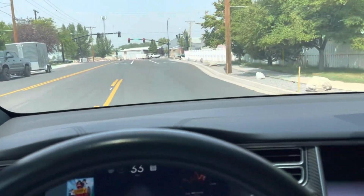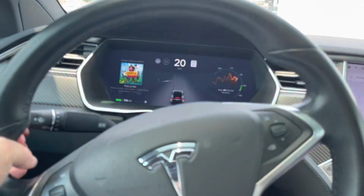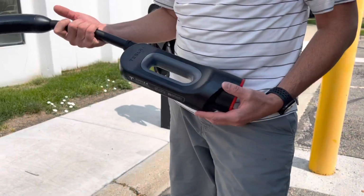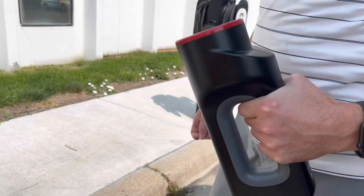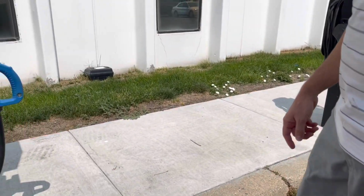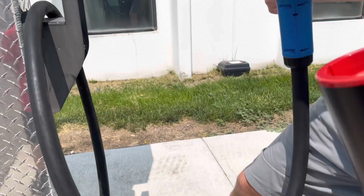Okay, I'm in the Tesla Model X, just headed over to our utility company to use this new CHAdeMO adapter to charge up the car. Alright, we just got our new Tesla CHAdeMO adapter. So we're at our local charging place. This is our actual utility company, and they have a CHAdeMO adapter here. So what we're going to do is...